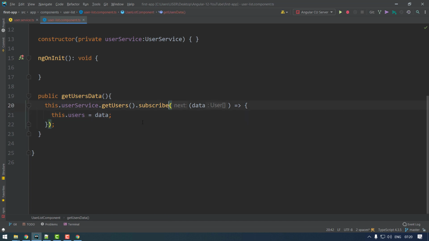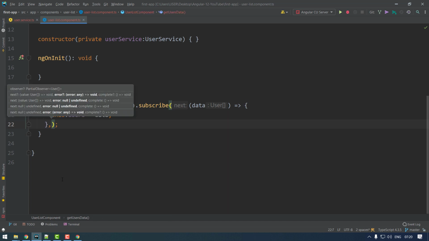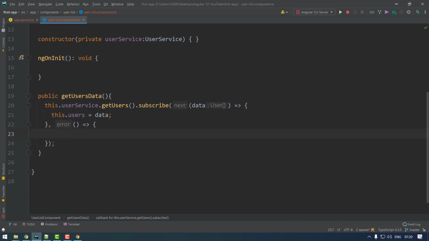In the subscribe method, the first callback is for successful data, and there is a second callback, after a comma, for the error.